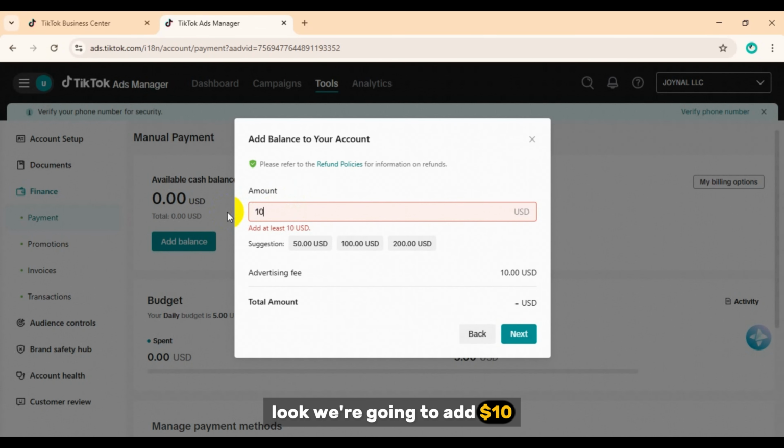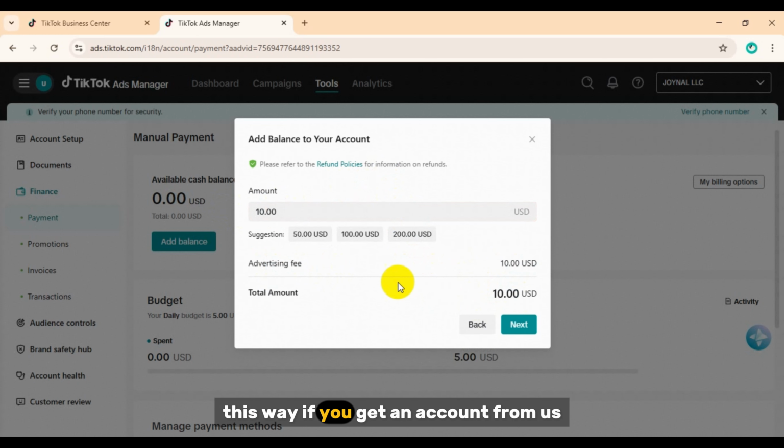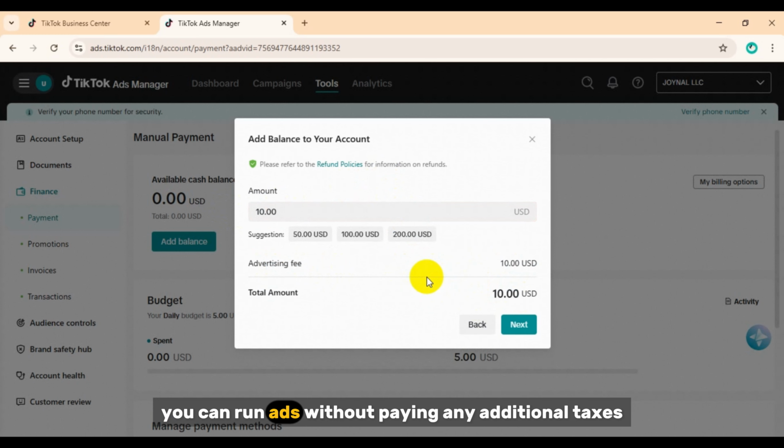Look, we're going to add $10. Look, there's no fee. This way, if you get an account from us, you can run ads without paying any